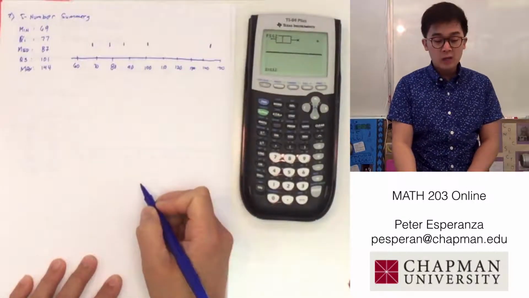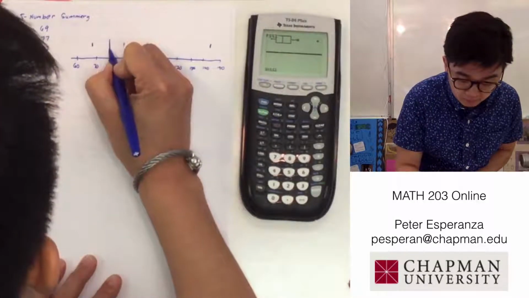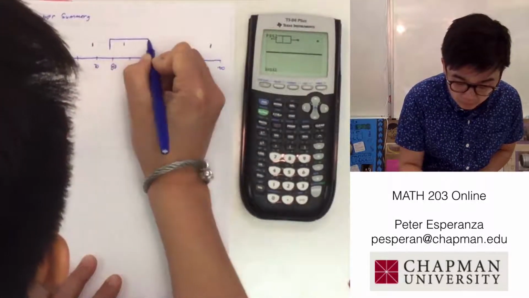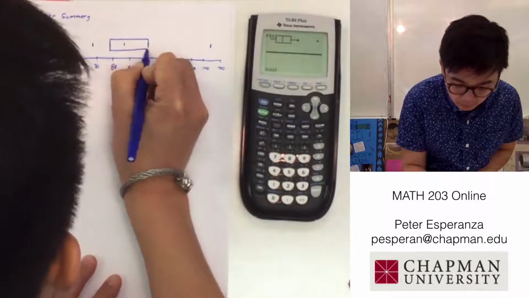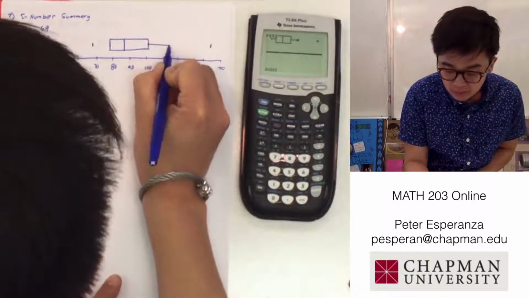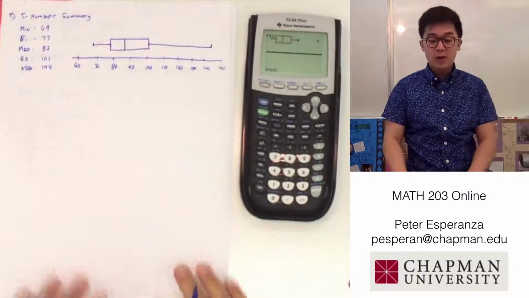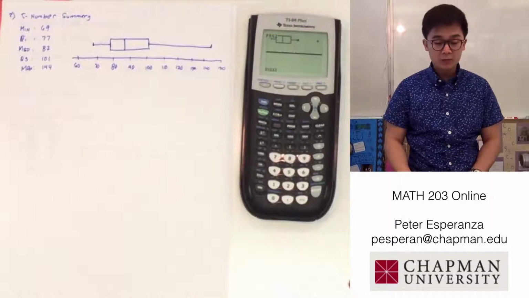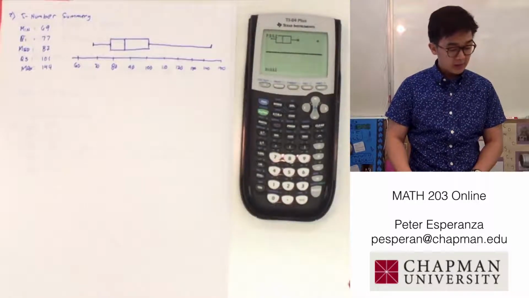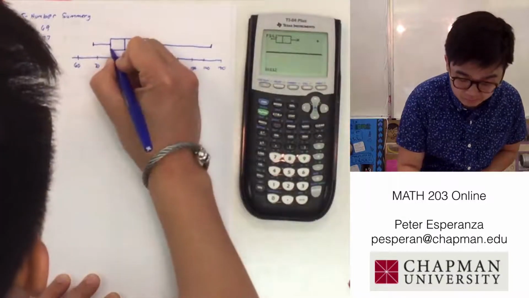So to construct your box plot, we know that the box will be our Q1 and our Q3. And this one will be our median. And this will be our tail. So this is going to be our box plot for this data set, and in this particular question we can also see that this one is